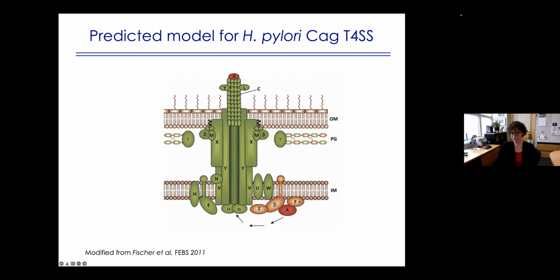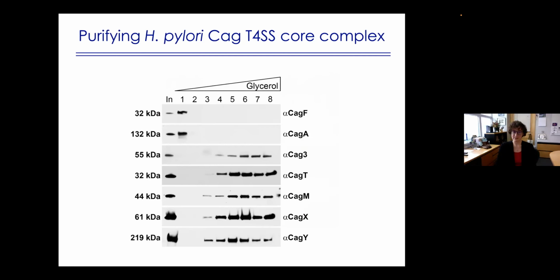One of the reasons she wanted to do this was because when Tim's lab tried to add tags onto other components of the T4SS, they weren't able to pull out the complex, or sometimes the T4SS didn't function anymore. But CagF seemed to be taggable, and so she went for doing this. Now, when she came to talk to me, I told her this was a really bad idea because we were purifying the complex directly from H. pylori. There wasn't very much of it, and this wasn't actually part of the core complex,